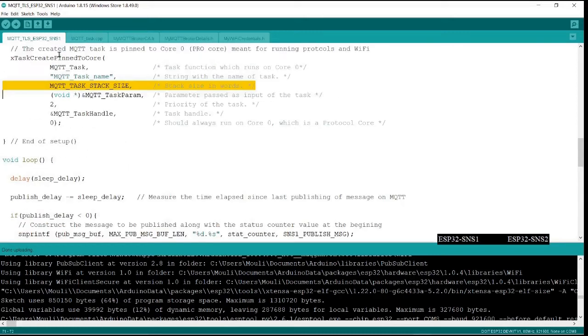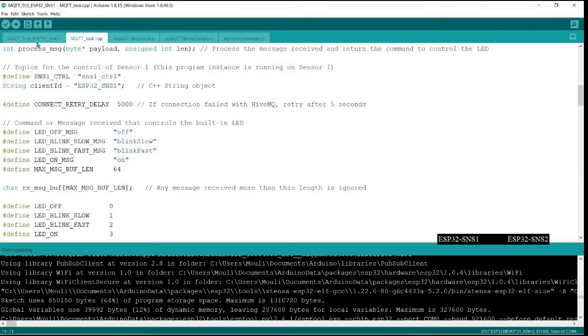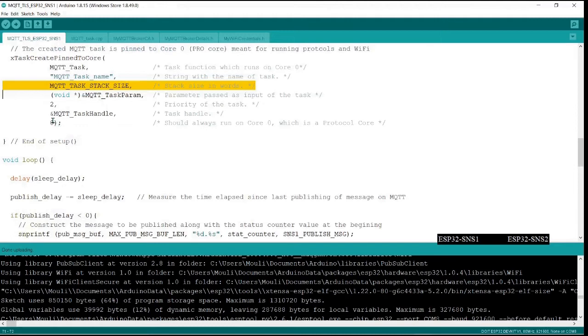Once this task is created, it will come here and start running. MQTT will be running on core 0. So the control on core 1 now goes from setup to loop. The control from setup, after creating this task, comes here, and this also runs in parallel. Because it's a dual core processor, remember that there are two pieces of code running in parallel.